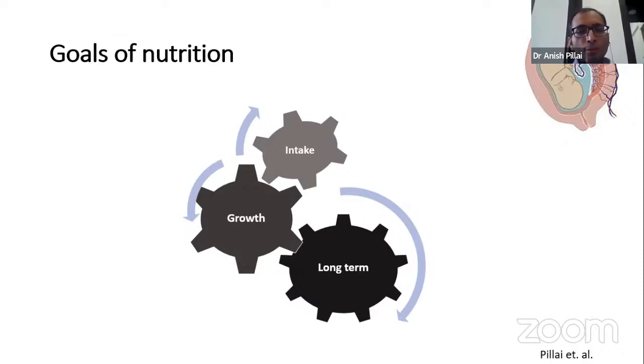The second goal of nutrition is to make the babies grow. So I want adequate weight gain, I want adequate head growth. That could be my second goal. But again, what if the baby is ill? What if the baby is edematous? Is the weight gain reliable? So again, some problems come. So when I was doing my fellowship in neonatal nutrition in Vancouver, they said that you just focus on intake. Focus on intake, focus on illnesses, and forget about the other two outcomes, because they are going to only show